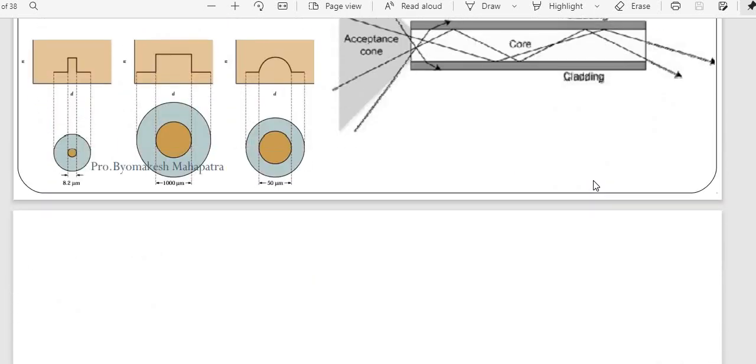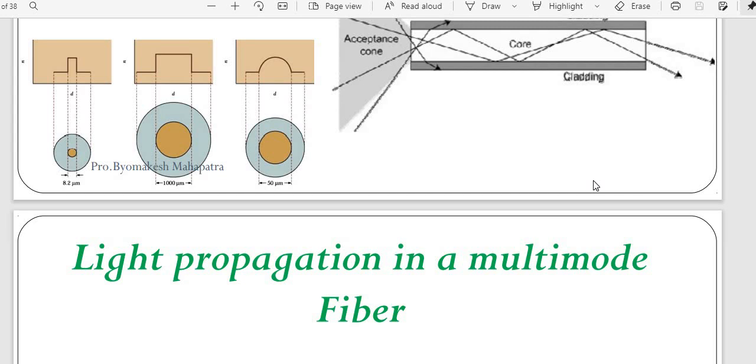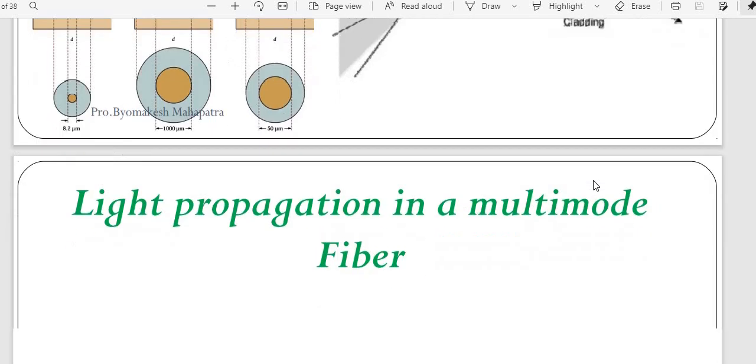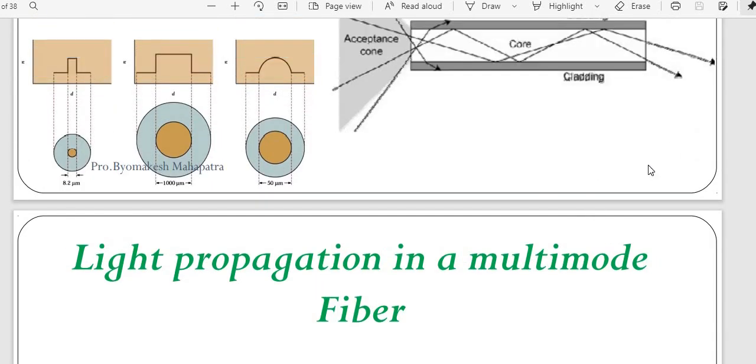Whatever video surveillance we have nowadays, we are putting cameras for checking in an auditorium or somewhere. This will be useful with this particular fiber cable. It is used to allow that to pass from one end to another end. So as you can see in the diagram, students, here we have 8.2 micrometer of core. You can see the cladding is increasing, right? When core is 100 micrometer, when core is 50 micrometer, you can see the size of that particular cladding and core, how much they are allowing.